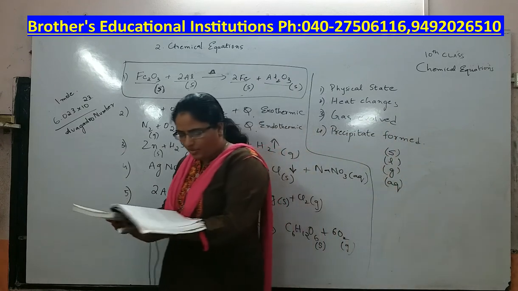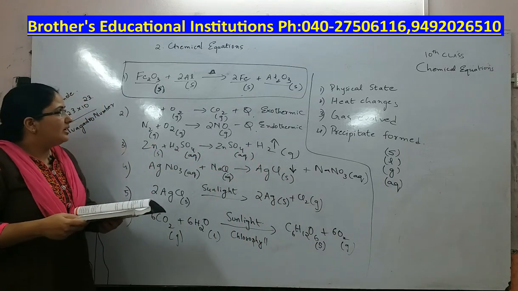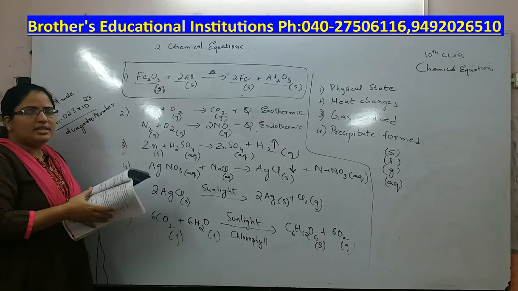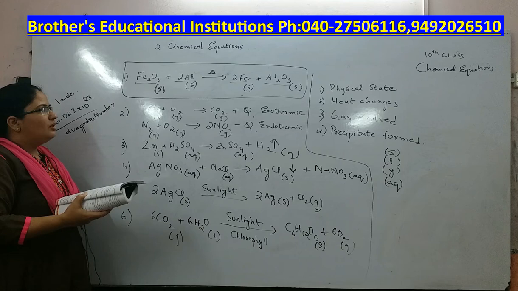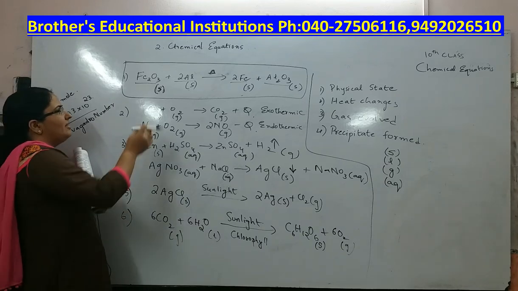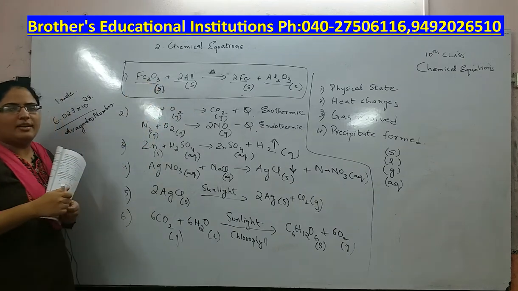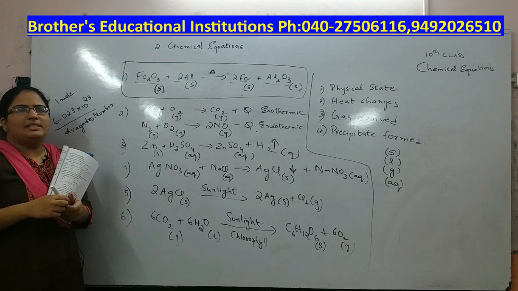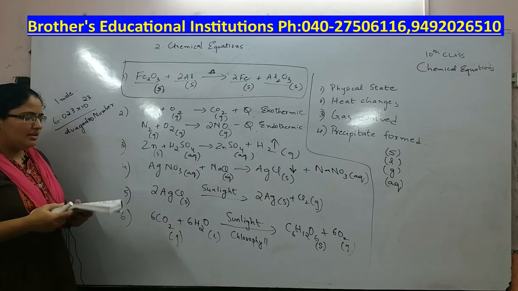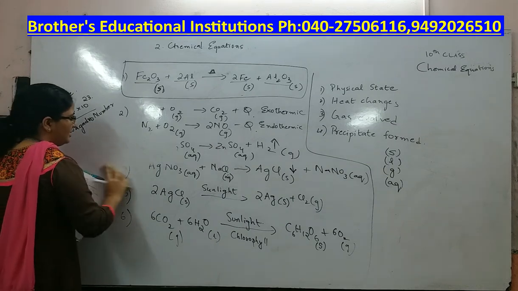You can even find the molar mass, and you can calculate the number of atoms or molecules present by using the Avogadro number. You can even find the volume of gas formed for a given mass of substance. All this you can interpret from a balanced chemical equation. Now let us discuss a numerical based on this.